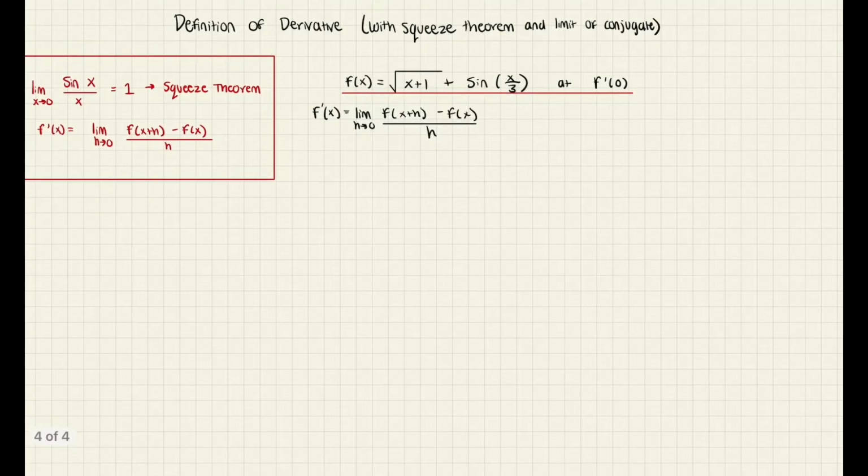This video is going to be on the definition of the derivative, and the solution is going to involve the squeeze theorem and the limit of a conjugate. The first thing we need to know is the limit as x approaches 0 for this special term, sine x over x, is equal to 1, and this is found using the squeeze theorem and deriving it from a unit